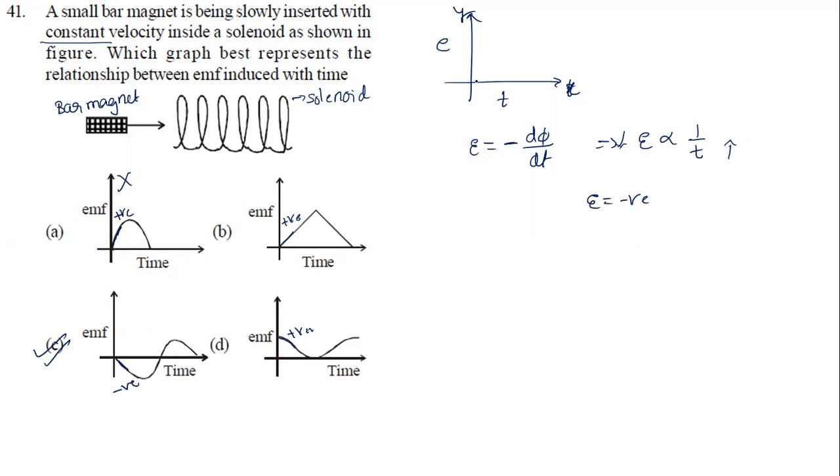So the graph looks like this with respect to time. As time keeps on increasing, as we move the bar magnet inside, EMF is induced here. That EMF is against the direction of magnetic flux linked with the coil. So now it must be negative. And when you are taking it out, what will happen? EMF becomes positive now. That's the reason the C graph is indicating the correct representation of this. This is again from Faraday's experiment.